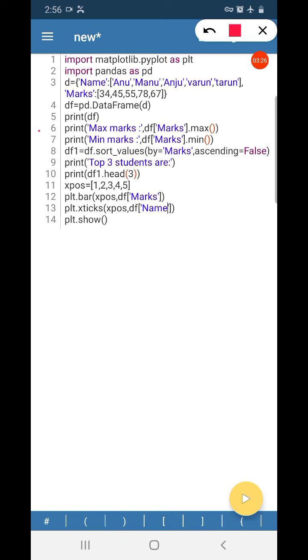We are comparing the marks of different students, that is of the same category. So the data we are taking is of the same category, so we can use bar graphs.